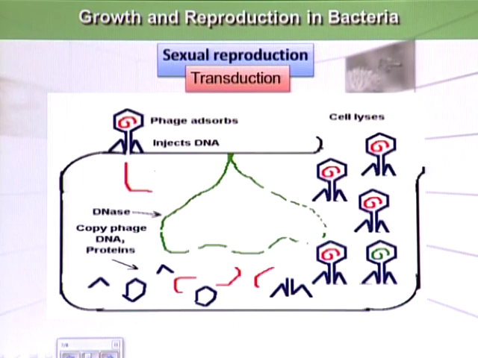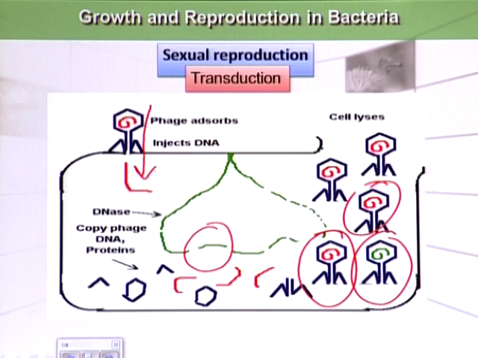In transduction, bacteriophages are used for the transfer of genetic material from one bacterial cell to the other bacterial cell. As we know, when bacteriophages attack a bacterial cell, they use the bacterial machinery for synthesis of certain proteins for formation of more bacteriophages. And here it happens that accidentally the DNA of bacteria also gets incorporated in certain bacteriophages, and when this bacteriophage attacks another bacteria, it will transfer this DNA, and in this sense transduction or sexual